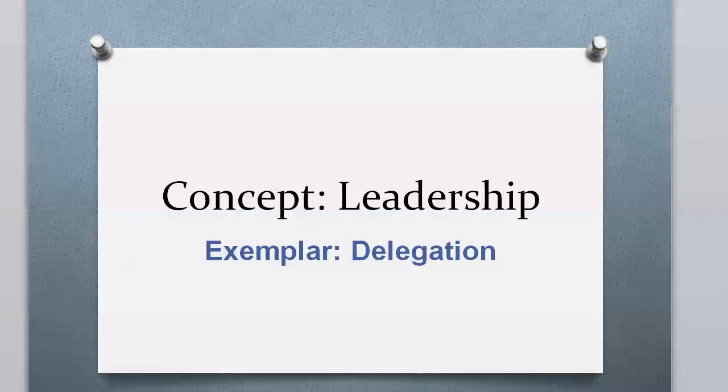Accepting delegation: if you've got somebody that's being a little bit difficult to work with, and you delegate a task to them, if they refuse to do it because they feel like they're too busy, those are things that definitely affect delegation